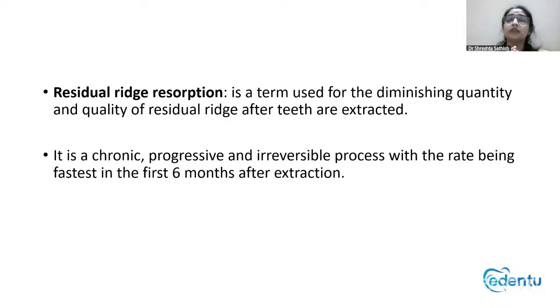Now, this is not an acute thing. It doesn't happen all of a sudden. It's a chronic, progressive, and an irreversible process, with the rate being fastest in the first 6 months after extraction. In case of diabetics, this time span can actually extend beyond a certain period of time. This is the main reason when you give a denture to a freshly extraction patient, the patient usually comes back after 6 to 7 months and tells you that the denture is not as tight